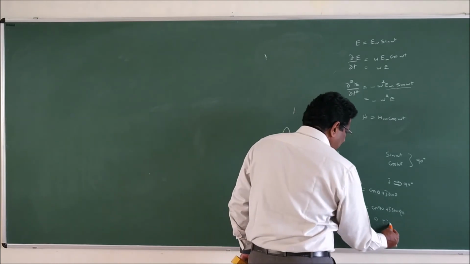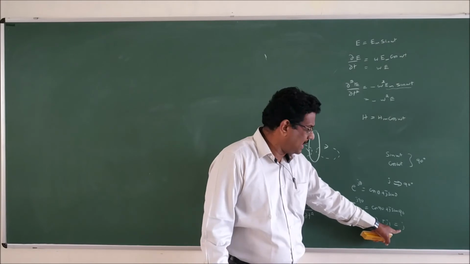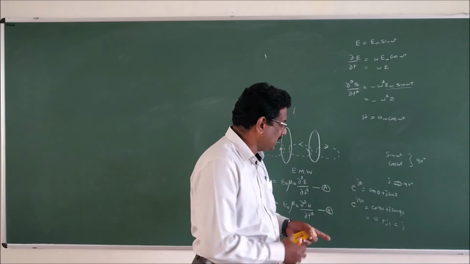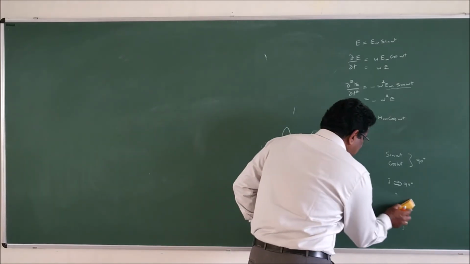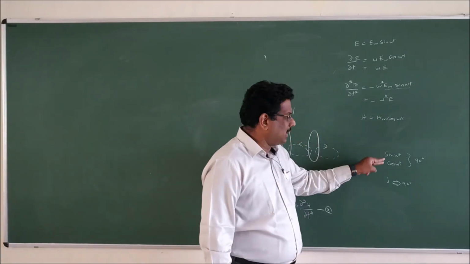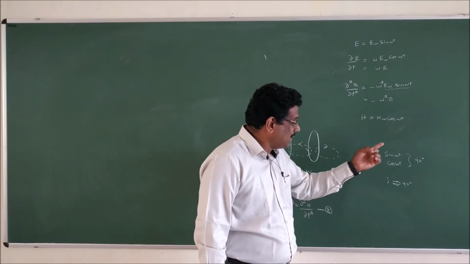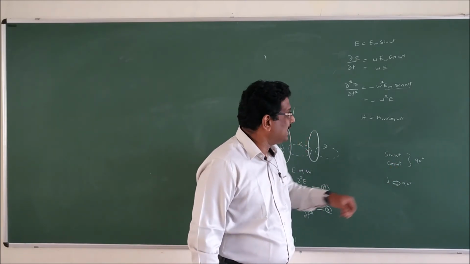Sin 90 is nothing but 1. So the answer is D. What did we conclude? The result is j, and that j indicates 90 degrees. From this analysis, I would like to say the difference between sin and cos is 90 degrees. That is a phase shift of 90 degrees, which can also be represented as j.